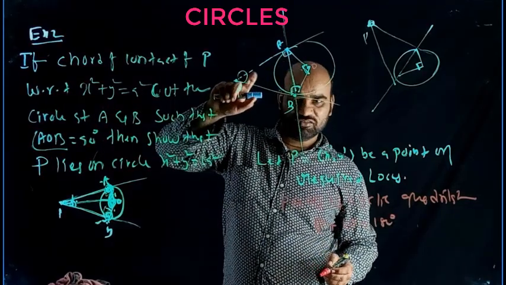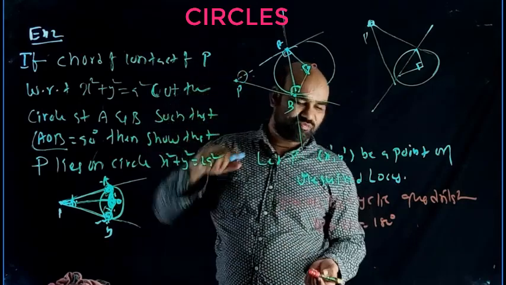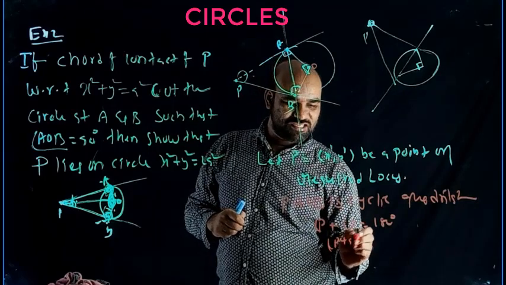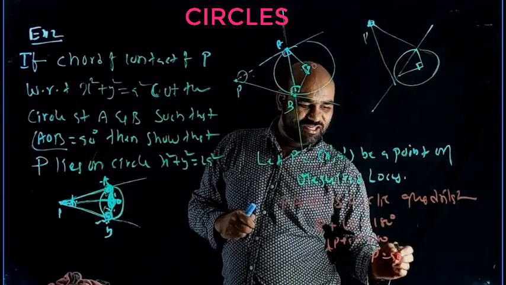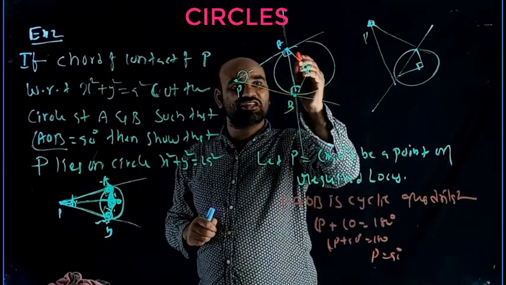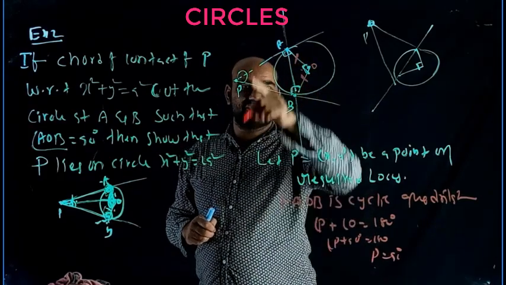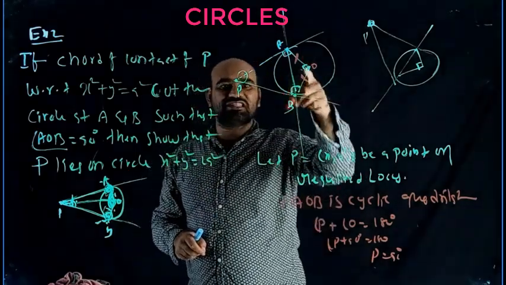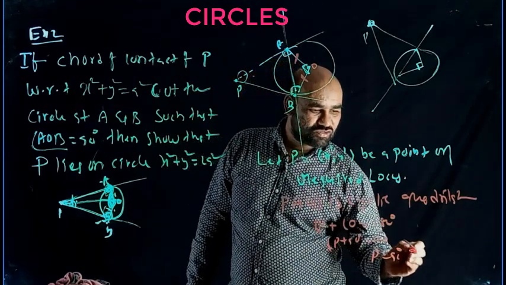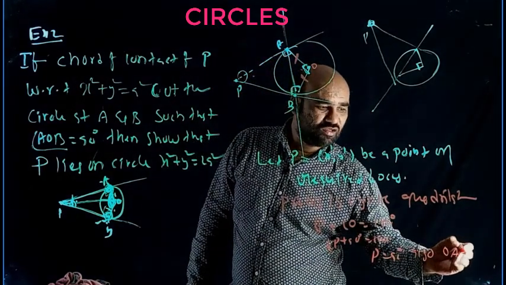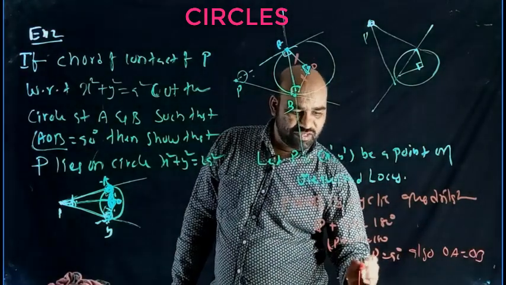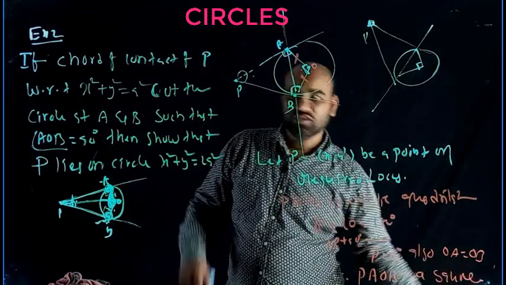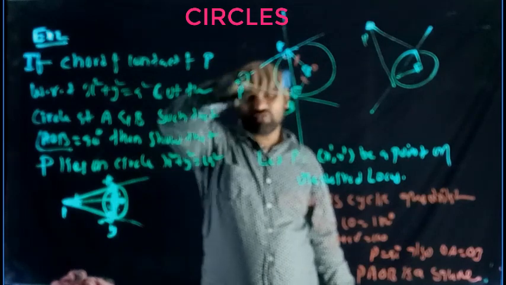Angle P stands for interior; P means it may be outside also, but I will write like that. Angle P plus angle O equal to 180. Already O is given 90. So angle P plus 90 equal to 180, so angle P equals 90 degrees. And these two are the same radii. Just you can feel that in a quadrilateral all four angles are 90 degrees, so it may be a rectangle or square. Two adjacent sides are equal, so it is a square. Also OA equal to OB. Therefore PAOB is a square. Means whatever may be the position of P here, always it will form a square.